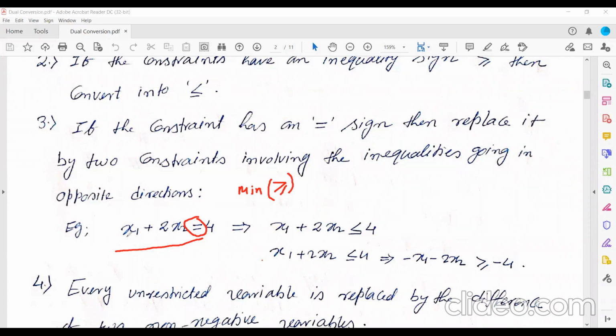As you know, x1 plus 2x2 is equal to 4 when x1 plus 2x2 is less than or equal to 4 and x1 plus 2x2 is greater than or equal to 4. Is that clear? If this condition is true, then only you can say that this is equal to 4. You're a mathematics student, so obviously you know that. Sorry, I have written both here, no? Sorry. This is x1 plus 2x2 less than or equal to 4, and here it will be greater than or equal to 4.